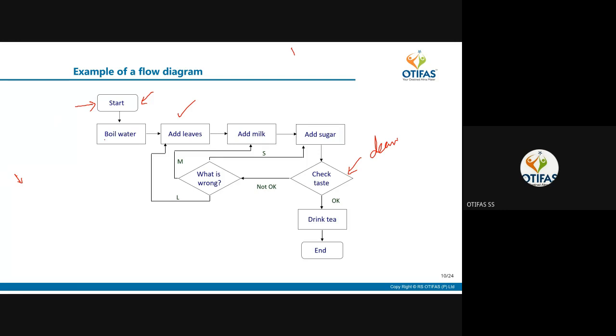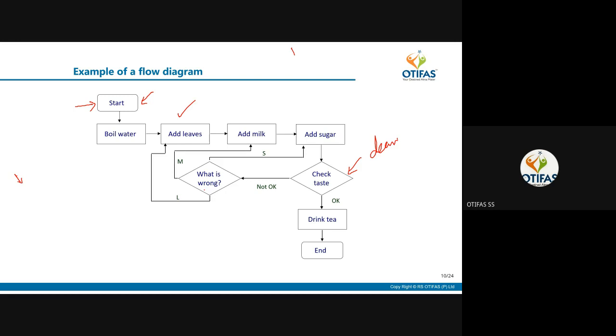But in the south side, what is happening? You'll boil the water first. Once the water is boiled fully, then they put two spoons of leaves and then they close the stove, keep a lid, and wait for another 1 or 2 minutes, and then milk is added and then sugar, etc. This is how it's made in the south.